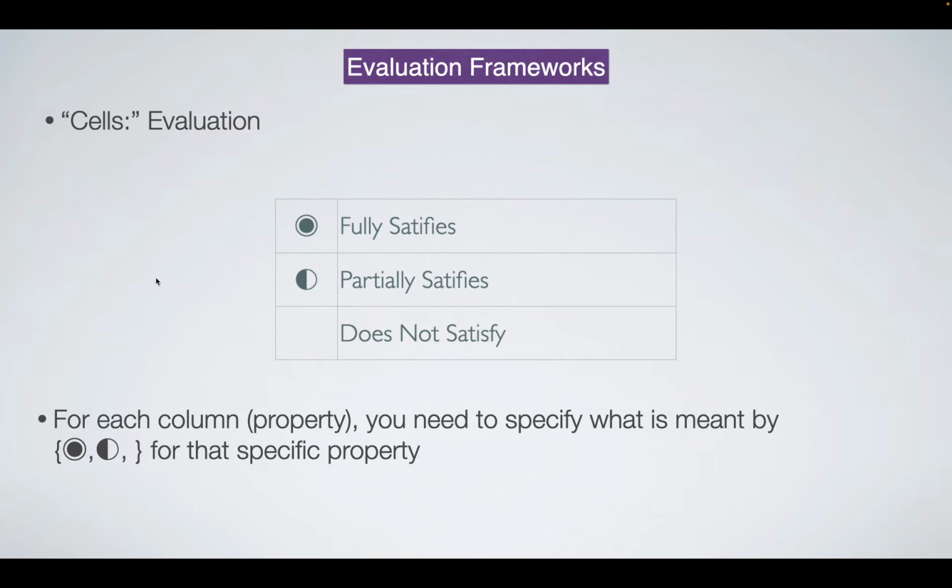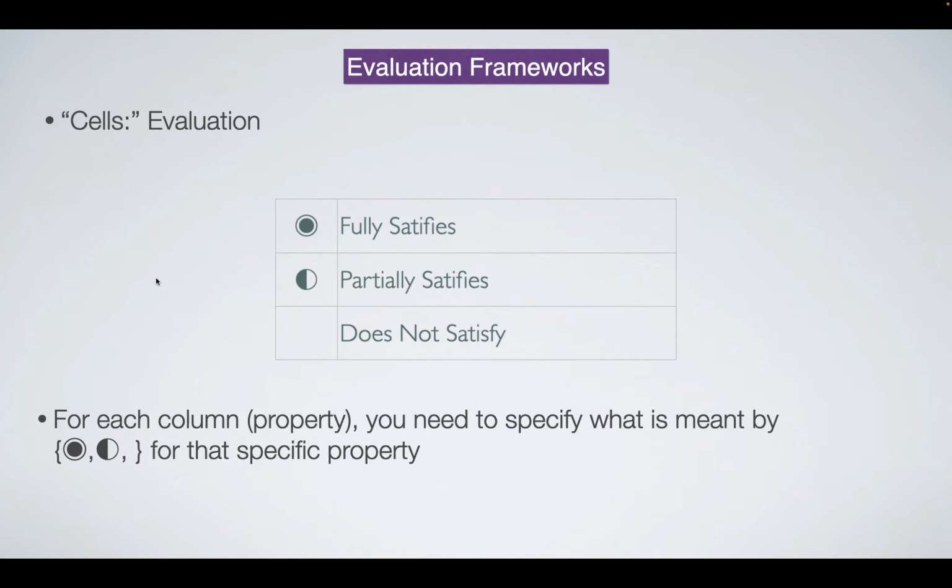Okay, if you write an evaluation framework and give it to someone, you're going to give them the chart, so they're going to look at the chart. But they also need to know, what does every column mean? And for every column, what does it mean to get a full dot? Like exactly, what does it mean? What exactly does a partial dot mean for this particular column? So you basically have to walk through every column. You have to say what a full, partial, no dot means for every single column.